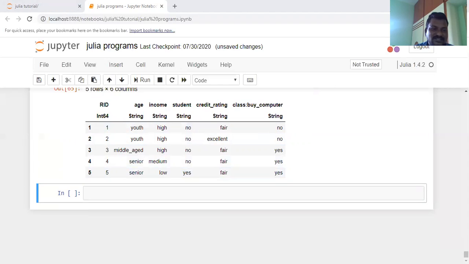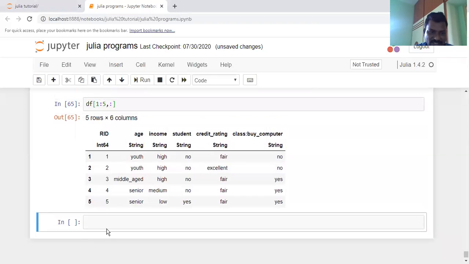Let us take, for example, specific rows and specific columns, already explained. For this one I need two columns. For example, df of 1:5 only, comma, then age, comma, specific columns, age as well as income.